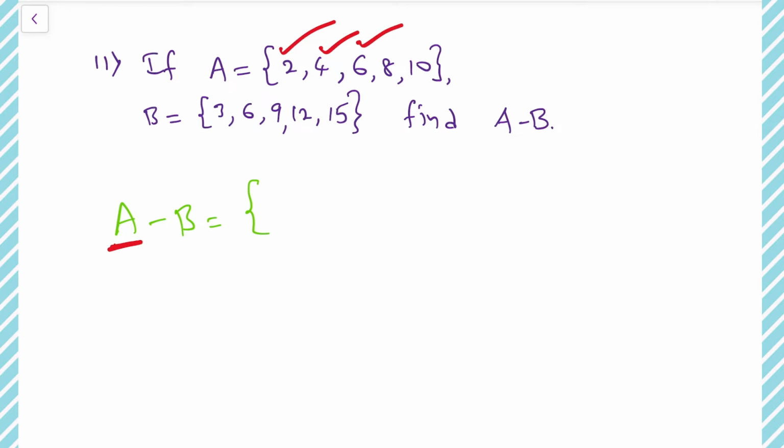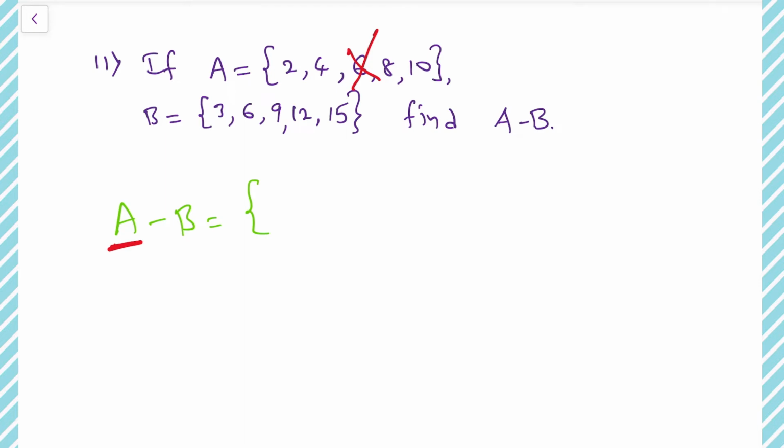The same element is there in set B also. So remove that 6 completely. Next, coming to the fourth element. Here 8 is there, but 8 is not there in the set B, no problem. Here 10 is there, the 10 is also not there in set B, no problem. So if we consider now, only element 6 is there in set A as well as set B also. So that is the reason we need to remove that element 6 completely.